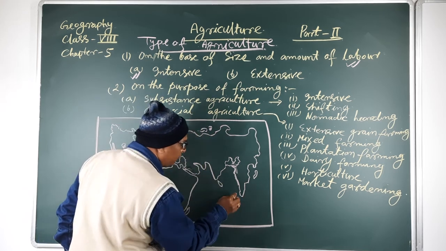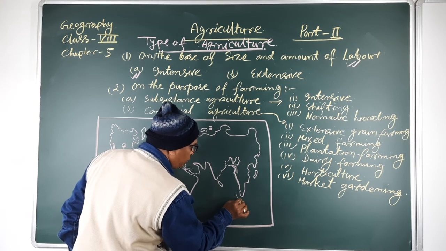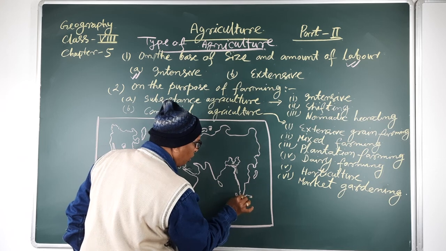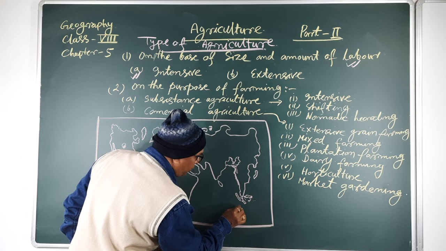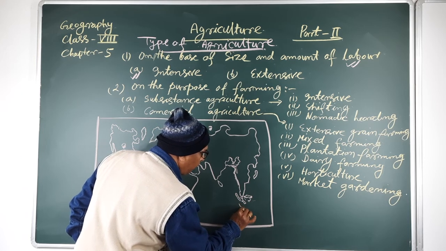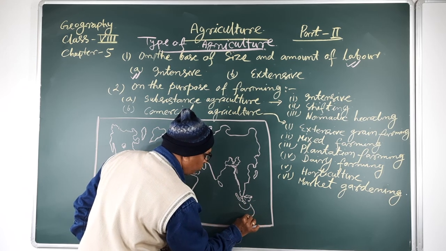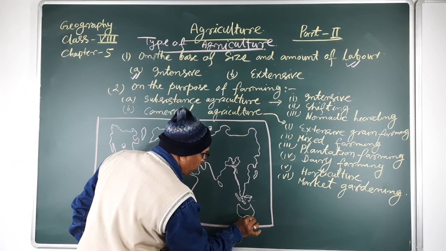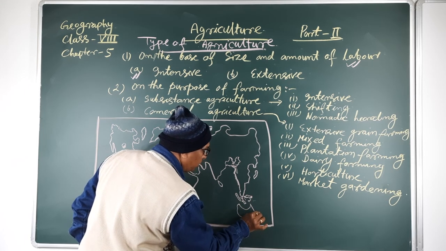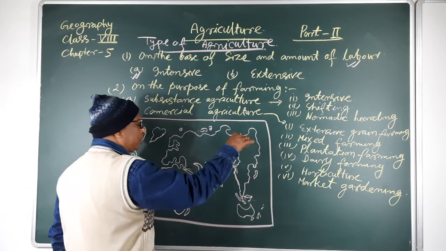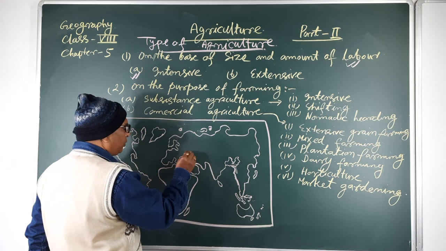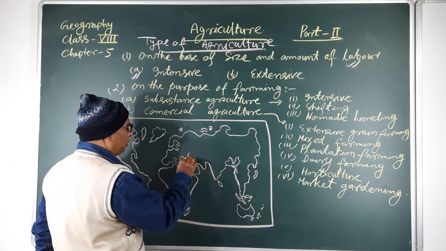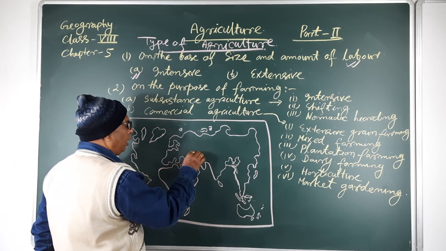Sri Lanka, here Sumatra, Java, Borneo, an island group also found here, and Australia, Tasmania, New Zealand. These many islands are also seen here, and here is the Caspian Sea, Aral